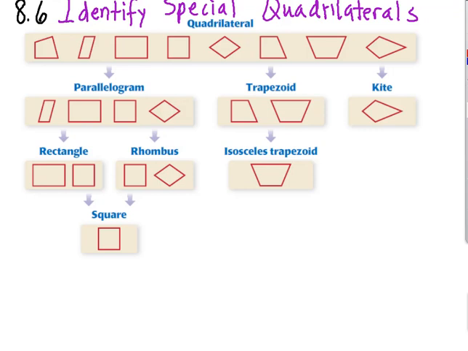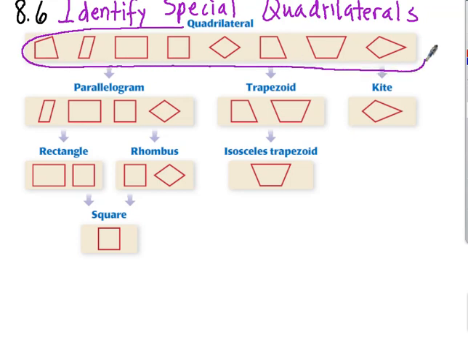Section 8.6, Identify Special Quadrilaterals, deals with organizing all the properties of all the quadrilaterals. So we have all of these four-sided figures, which are quadrilaterals. We can divide the big general case of quadrilaterals into